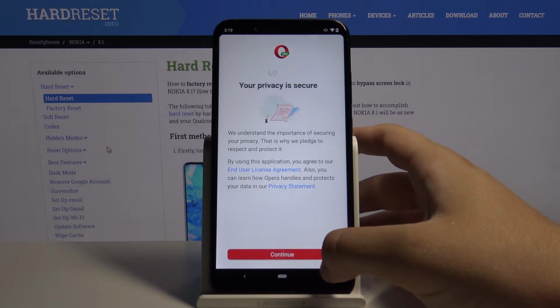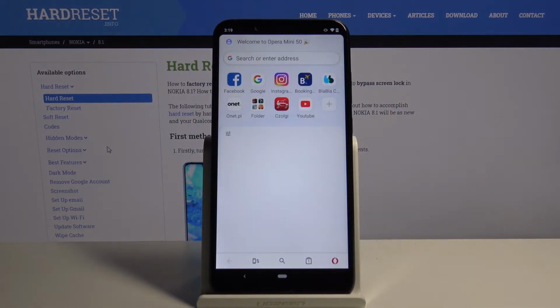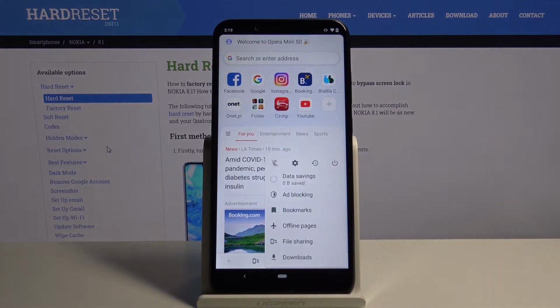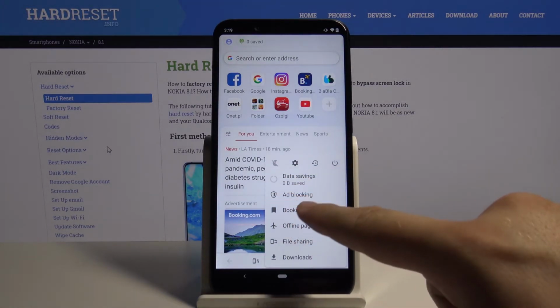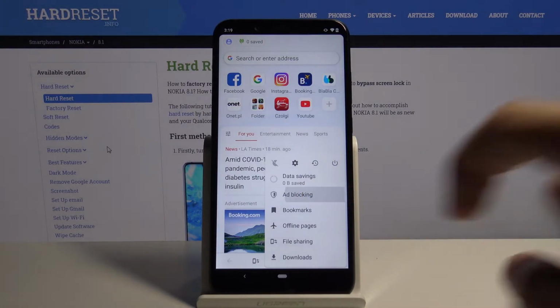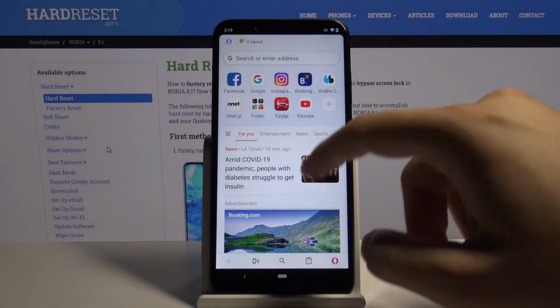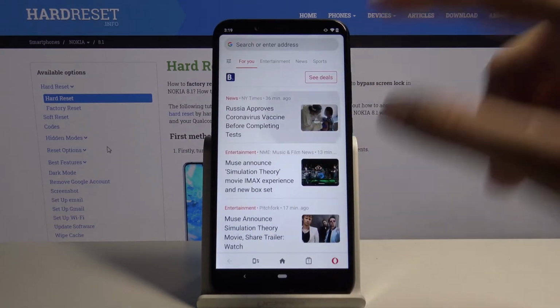Click continue. And right now tap on this icon in the right corner and be sure that all blocking is turned on. Right now it's disabled, but it has to be just like that. And right now when we enter the website, maybe we can go for this one,